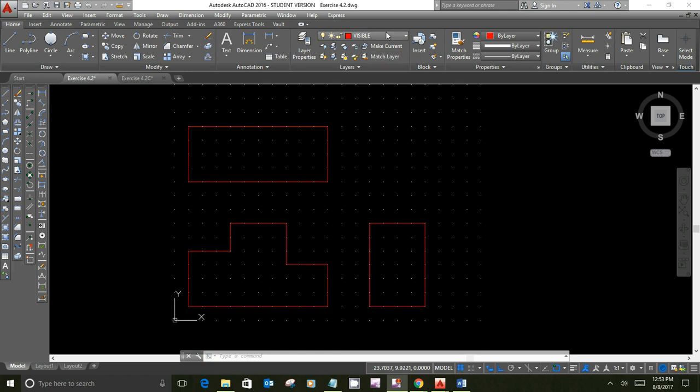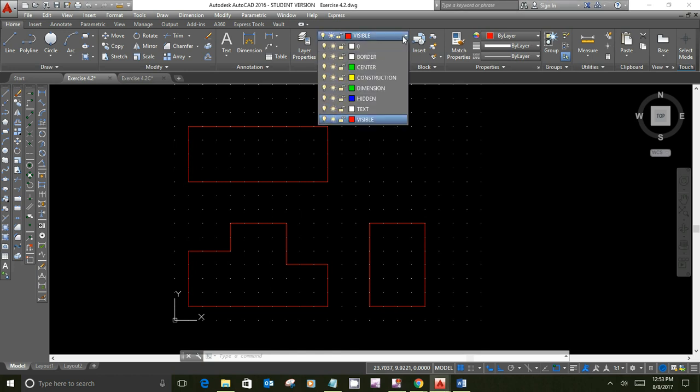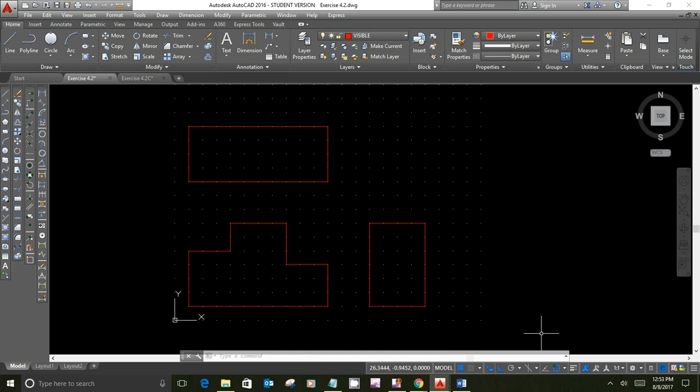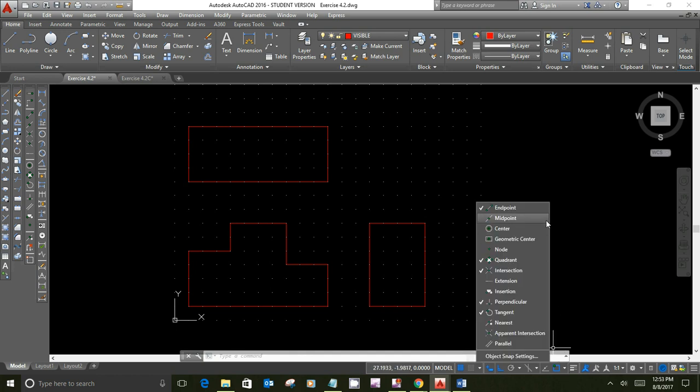And then you'll have your layers up here that you can work with. Okay. It says to set your running object snaps. So we'll come down here and go to object snaps, and we want to make those settings because it goes along with how we're going to do the drawings. So make those object snap settings,